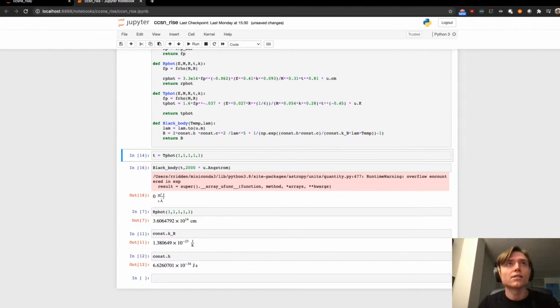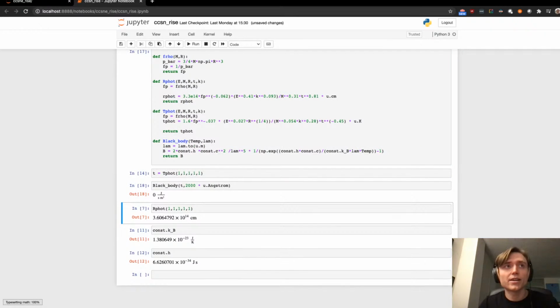Oops, I should have done that in the first place. So when we change this angstrom to meters, second to meters to the power of 5,